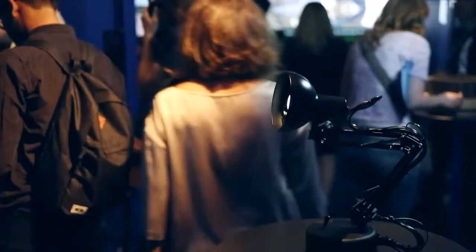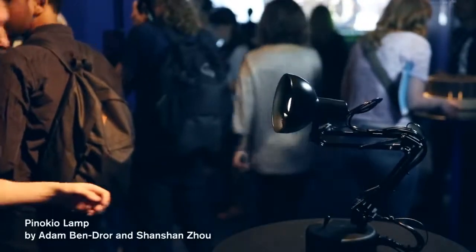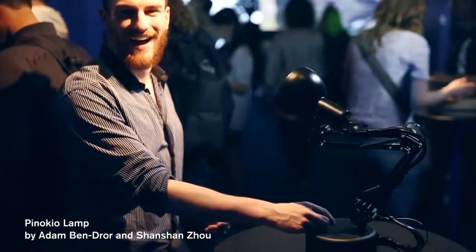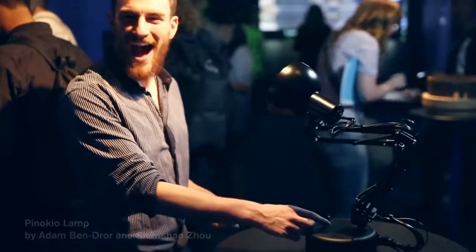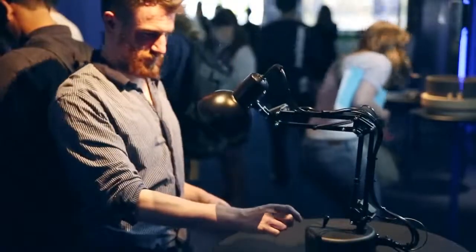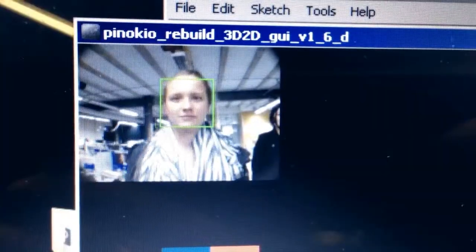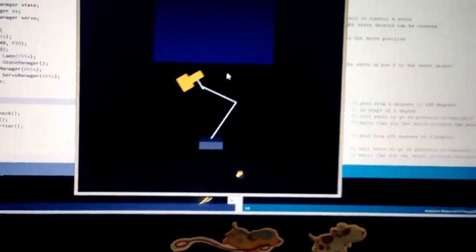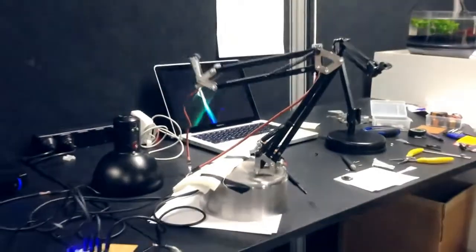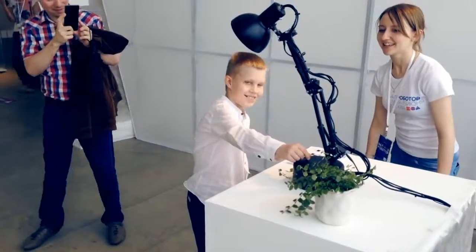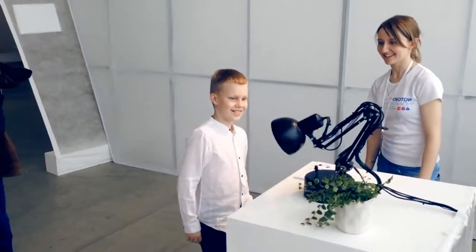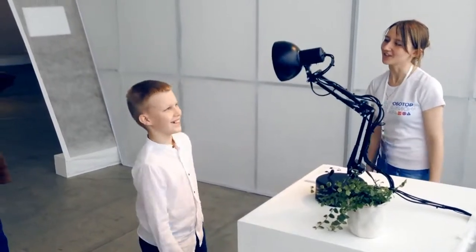One of the really significant works in the exhibition is the Pinocchio lamp. It's learning from you. It has a camera built into it and it can recognise gesture and facial expression using Arduino and camera-based technology. On one level it's a design item, but I think it's sort of indicating that objects can have real character and can engage us in new and exciting ways. And for me that's what makes it art.